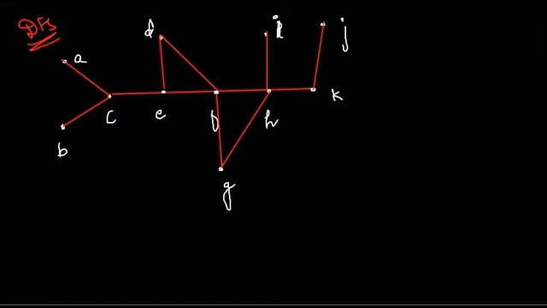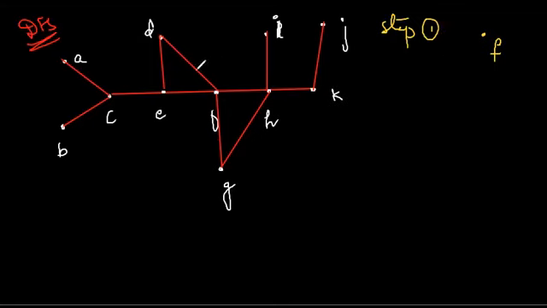I am first choosing, so this is step 1. I am choosing the vertex F. The reason I am choosing F is it is connected to a lot of other vertices. So if I start from there, I don't need to backtrack multiple times. You can choose any vertex randomly. So take a notebook and start with vertex A, B or C by yourself. But here I am choosing the vertex F.